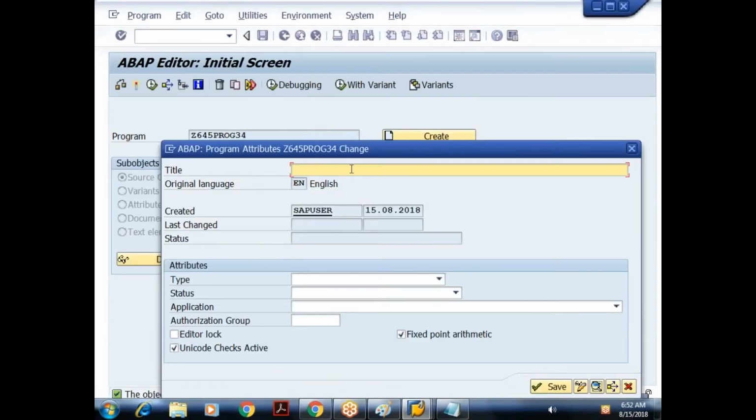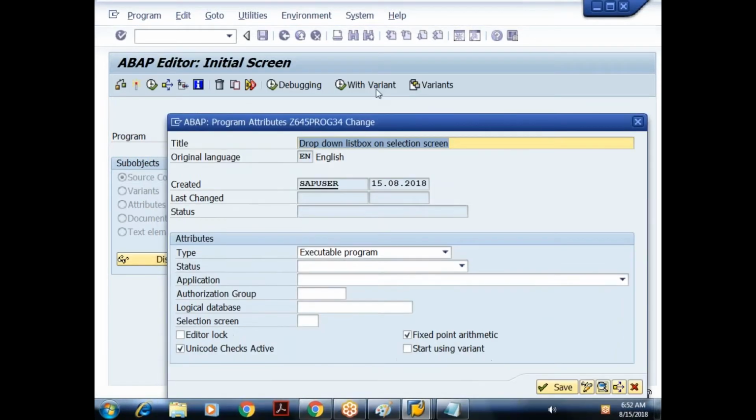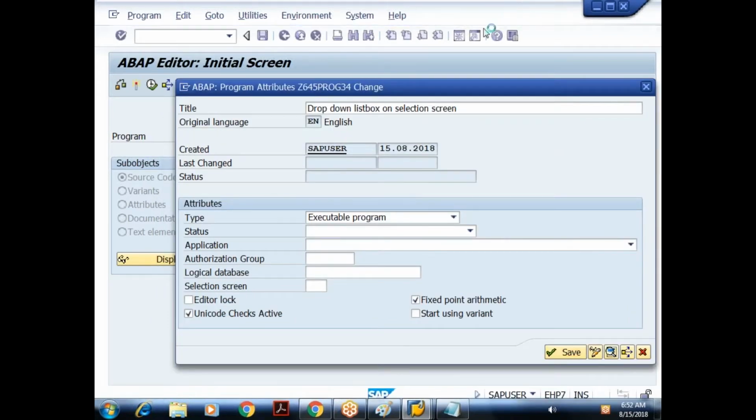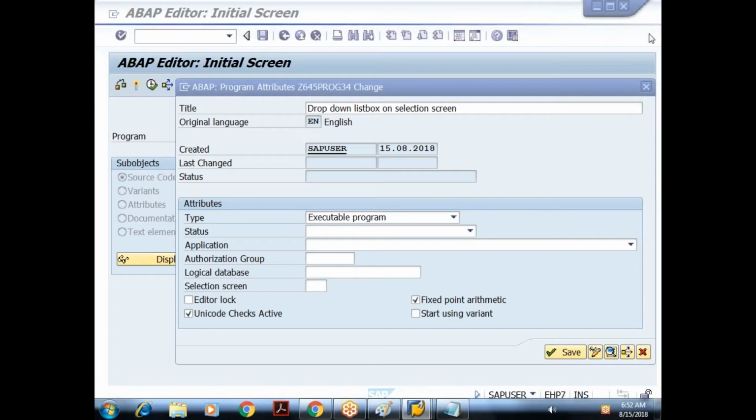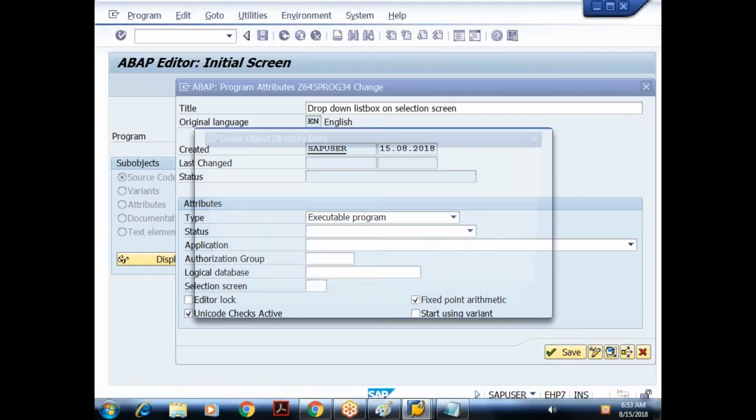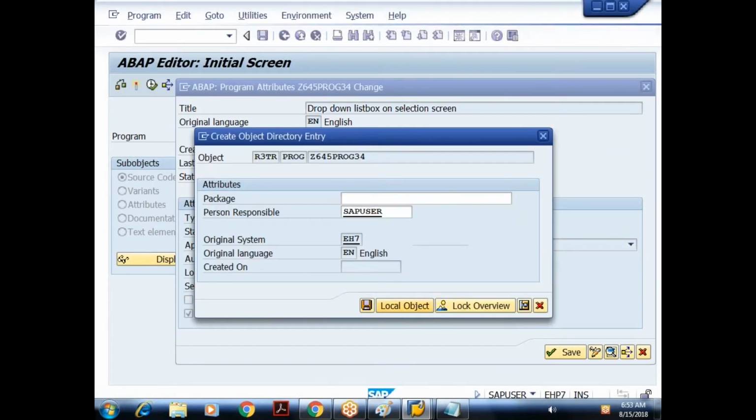Yeah, so I'll give the title of the program: drop down list works on selection screen. Type of program is executable program. I'll save it in the local object.